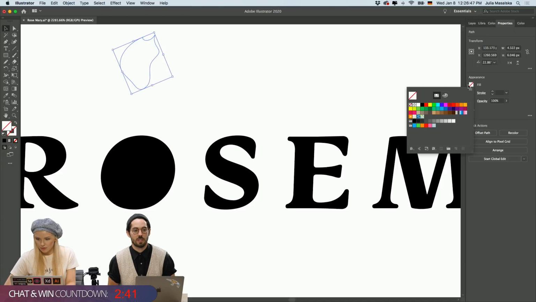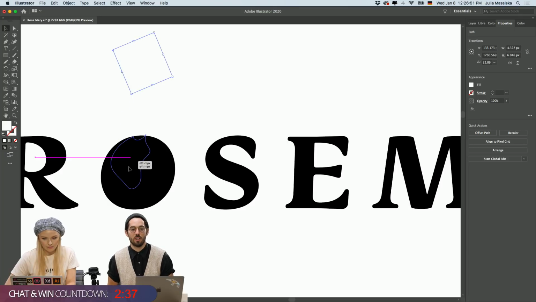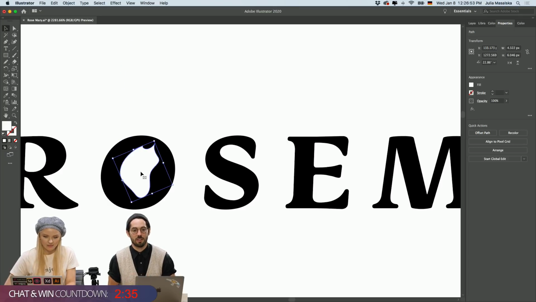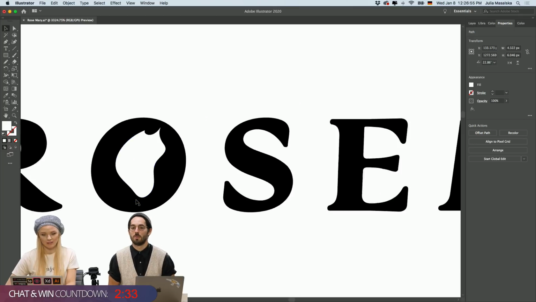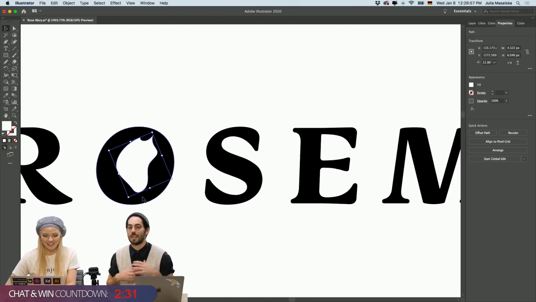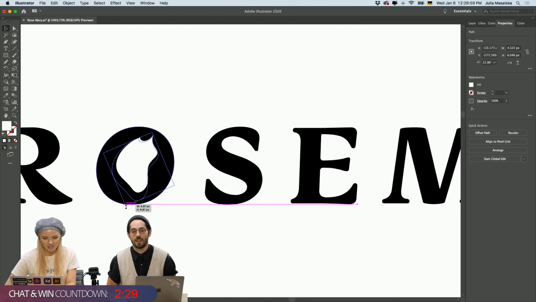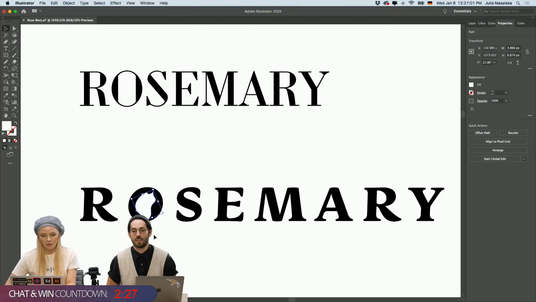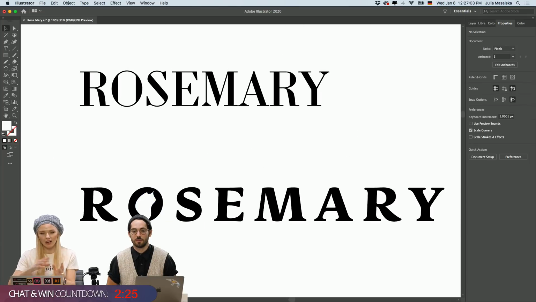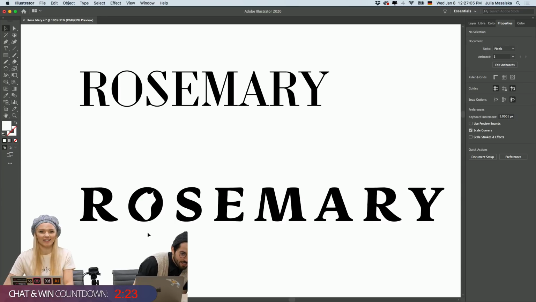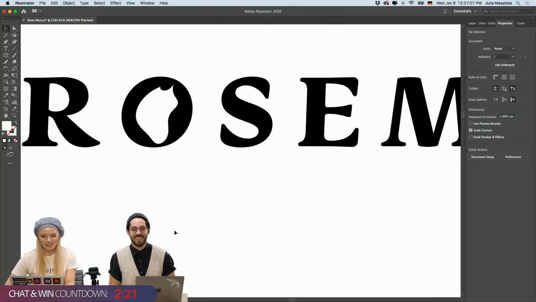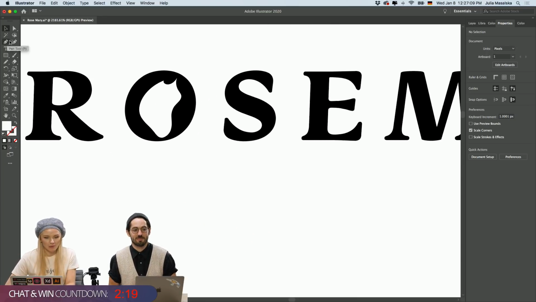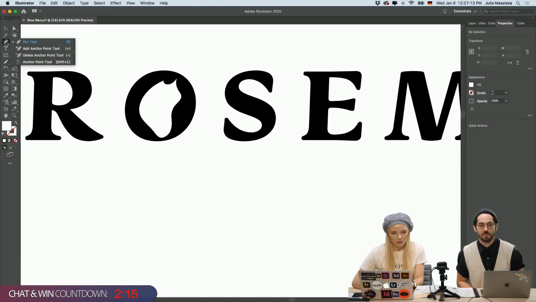Let's make it fill. Mateus says, put a rose flower into the letter O, and that's kind of what we're doing, except a little bit more abstract, right? This is like a flowery shape. But you can see what I'm saying, right? You can just put any shape into it. I'm just gonna experiment with different other shapes meanwhile. So, if you guys have any questions, give us something to talk about.